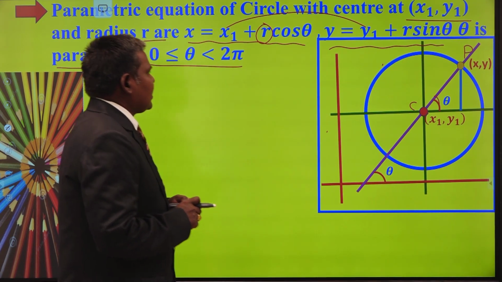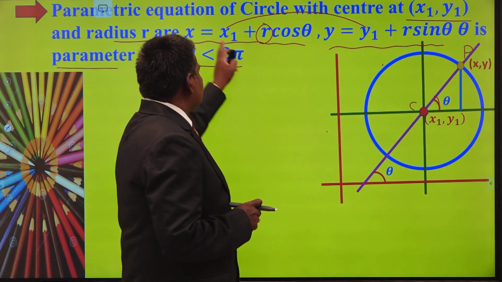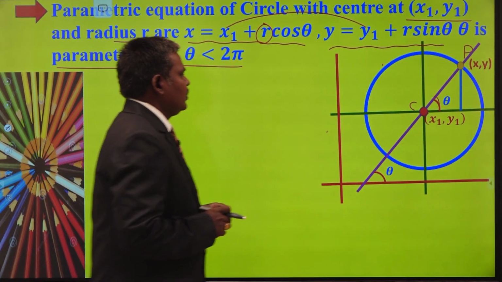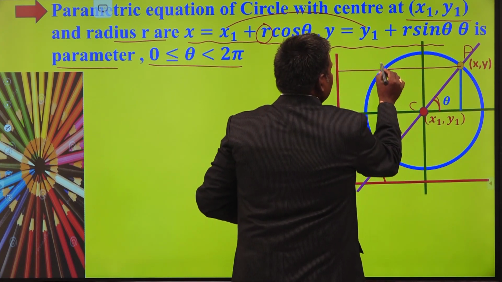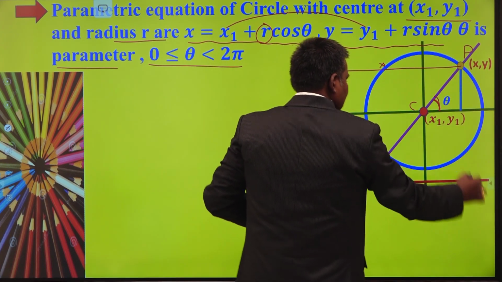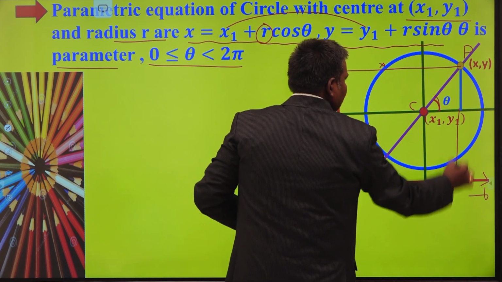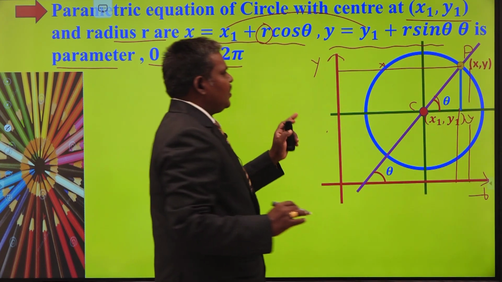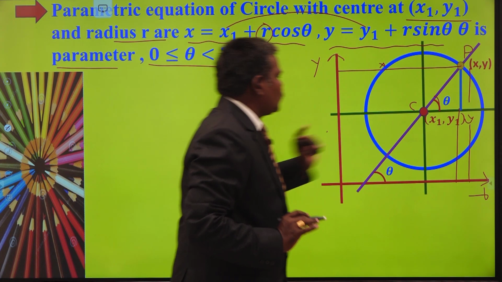x equals x1 plus r cos theta, y equals y1 plus r sin theta. We mean to find the coordinates of P, that is x1 plus r cos theta comma y1 plus r sin theta. How to do this? My dear students, this is x comma y. What is the distance from here to here? That is x. What is the distance from here to here? This is the x-axis. This is your y-axis. So the entire distance from here to here is y units. Geometry first class, first concept. This is x, this is y.